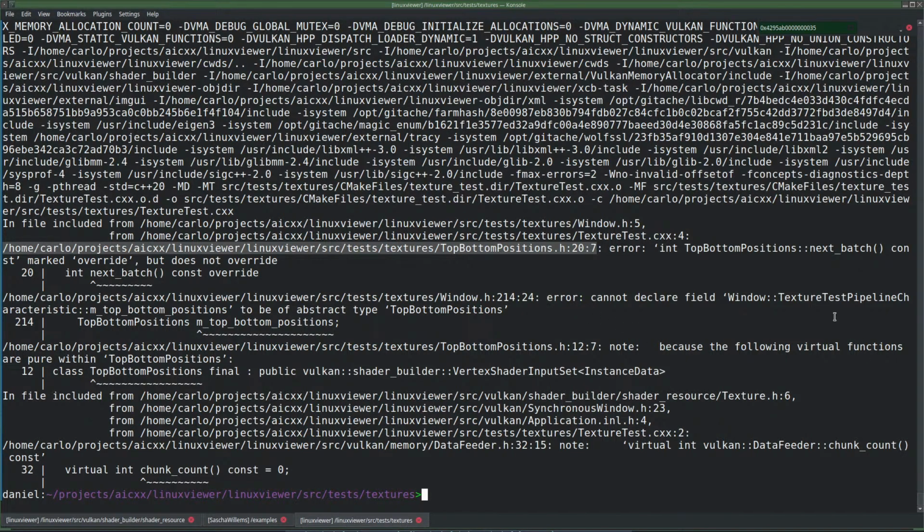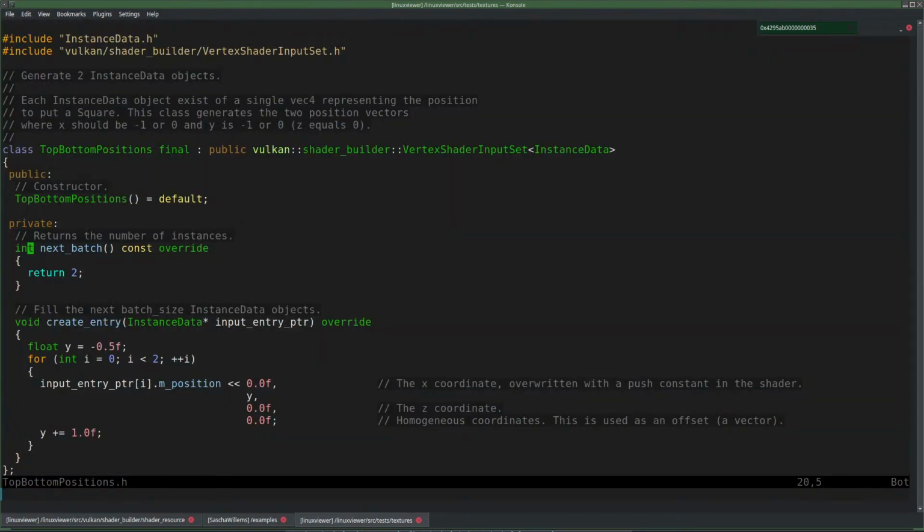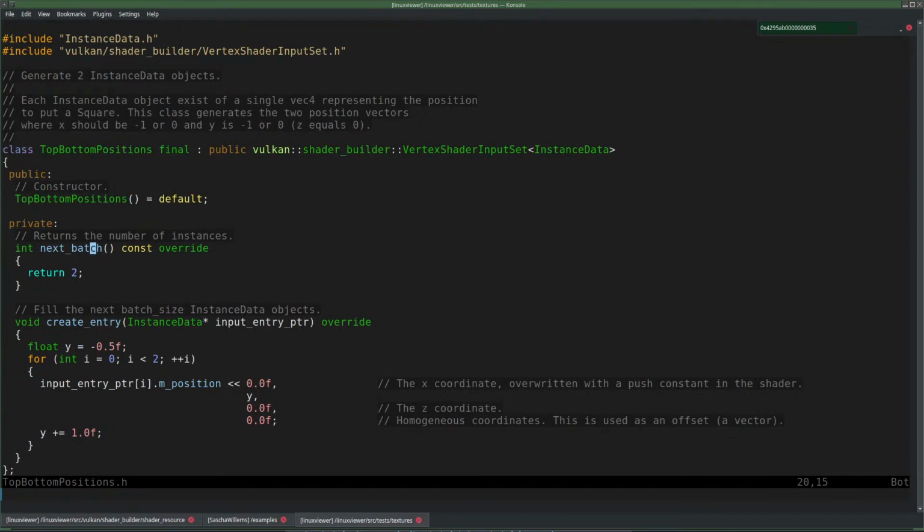Cannot declare field. Int. It's not const. Why is that not const? Okay. It needs to do some bookkeeping. Not in this case, but